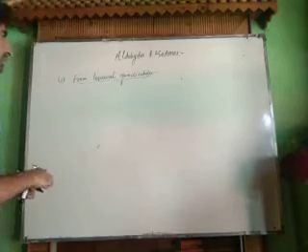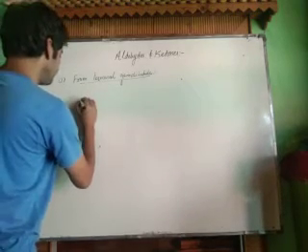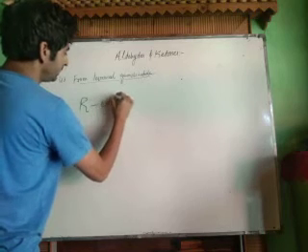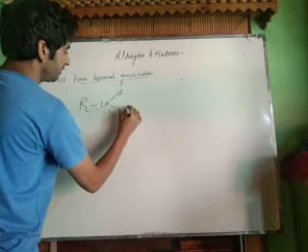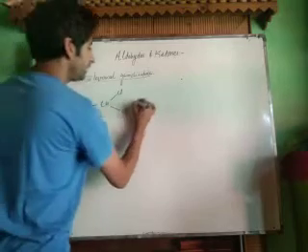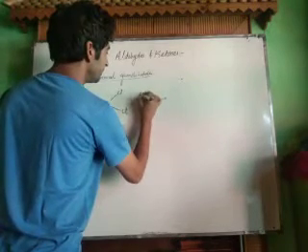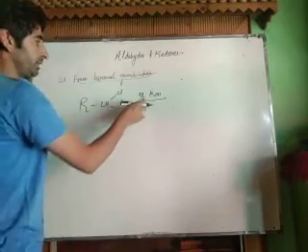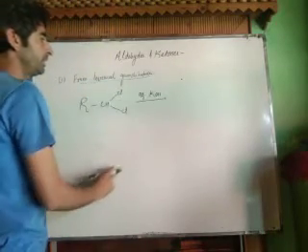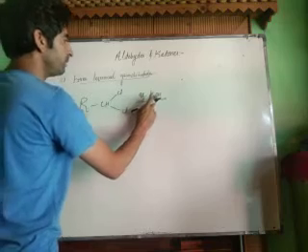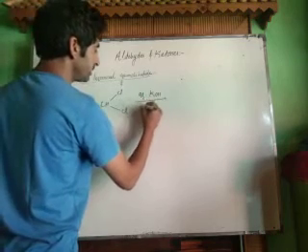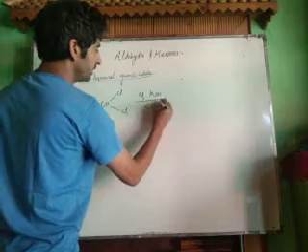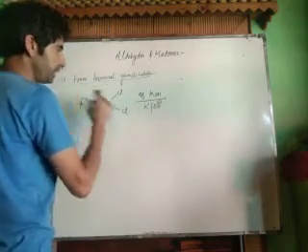Now let us take a gem dihalide. For example, we take R, CH, Cl and Cl. This is a terminal gem dihalide. We treat it with aqueous KOH. Aqueous KOH means in presence of water we treat it with KOH. What is the aim of using this KOH? KOH will dissociate. It will give K positive ions and OH negative ions. You can show the mechanism like this.